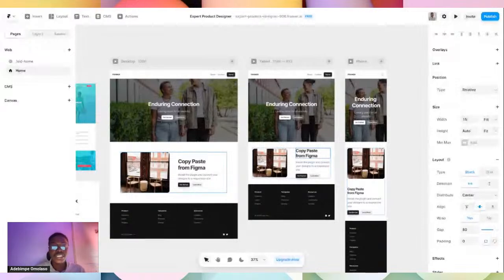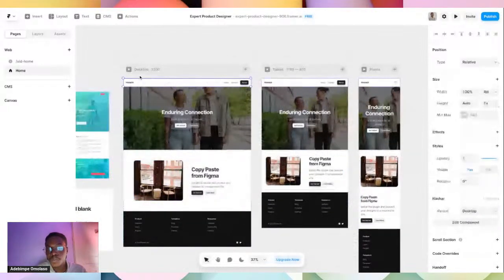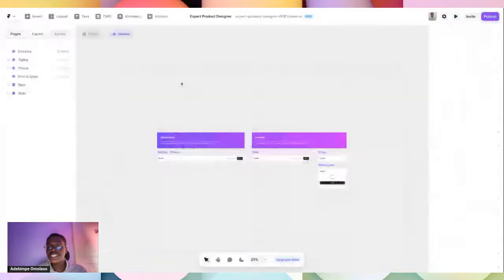Now, the next section that I want to talk about is a little bit on using assets. If you recall, I have this particular item here. It has this kind of purple outline. Whenever you see an item with a purple outline, it is a component. Components are items that